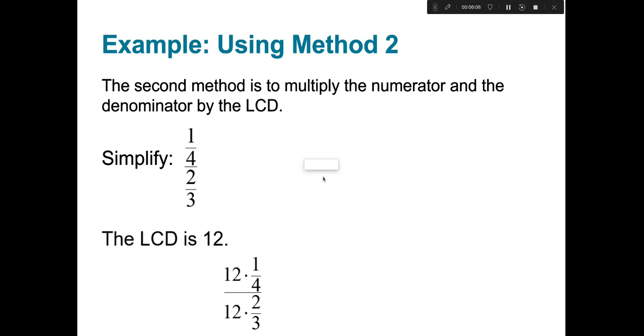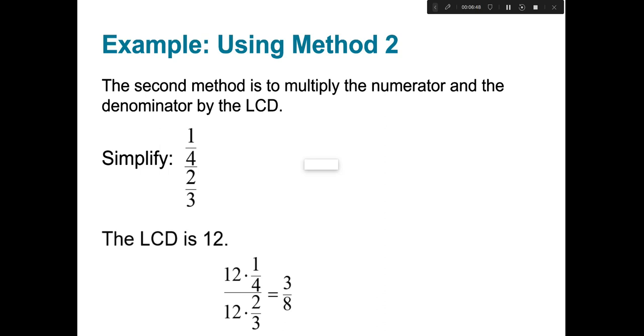Remember, there is that invisible 1 underneath the 12 when we multiply. So 12 times 1 would be 12, and then divide that by 4 gives us 3. And 12 times 2 is 24, over 3, which gives us